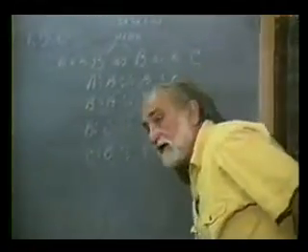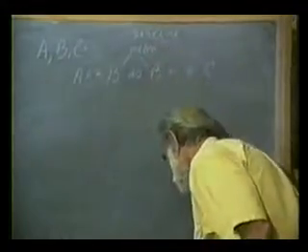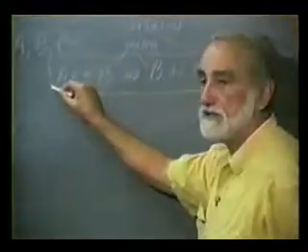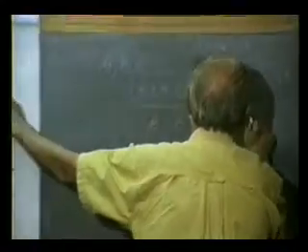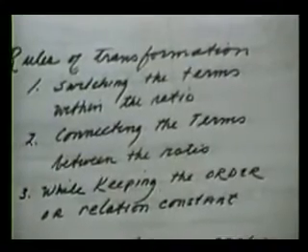Let's first quickly go over it and do it again, just so you can see it once more fresh. There's my original three-term analogy called the mean analogy. What's the first thing I do? Switch the terms within the ratio. This is a ratio. This is a ratio. Therefore, I could equally say,